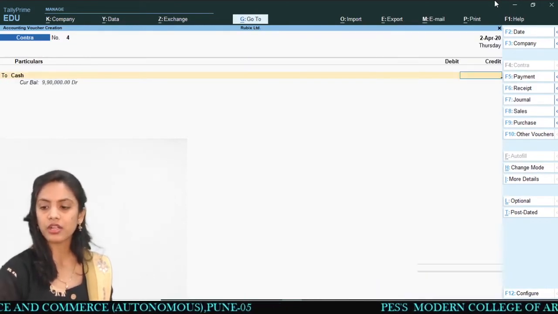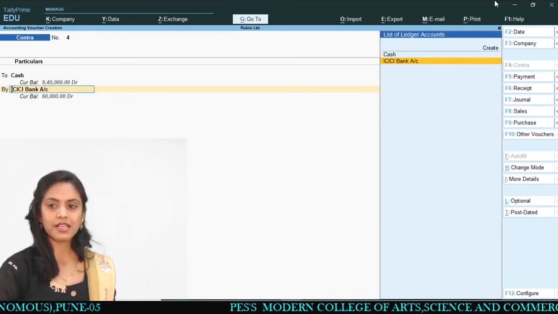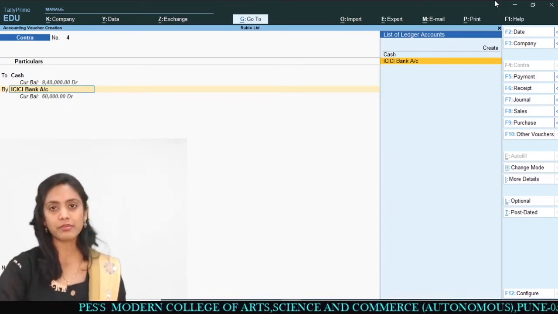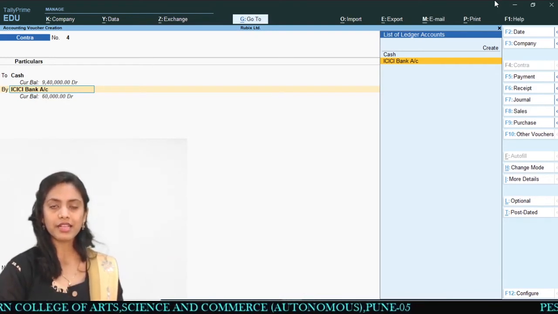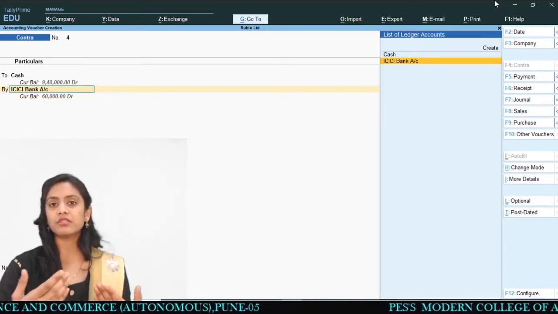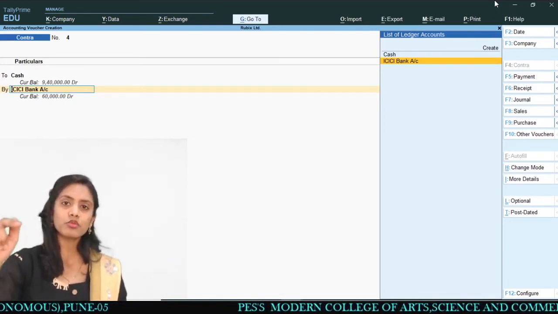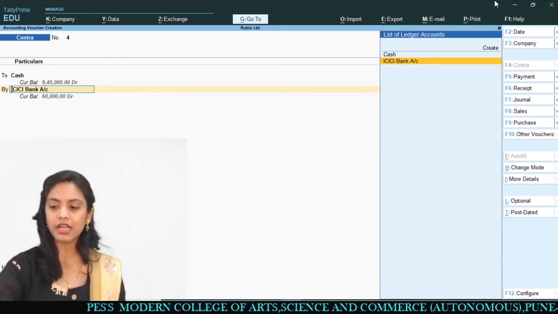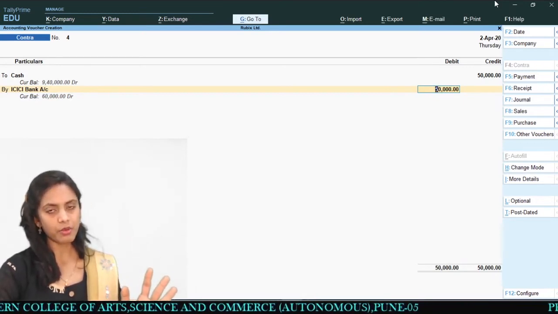So I will select the cash account, and that is 50,000 rupees over there, right? And by ICICI bank. Cash account credited, ICICI bank account debited. By default, they have taken the ICICI bank account because we have only one bank account. Maybe in the next transactions or in a practical scenario, one company may have two or three bank accounts. So there will be a list of bank accounts, and at that time you have to select the bank account. Right now there is only one, so it is automatically selected. I just have to press enter. The 50,000 is automatically there. Yes, the entry amount is correct.